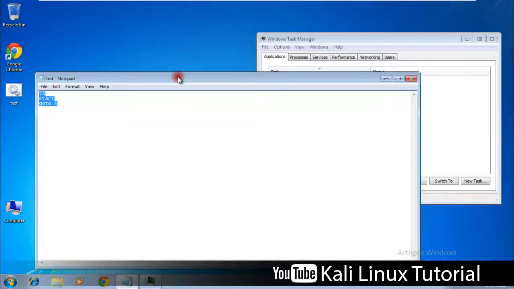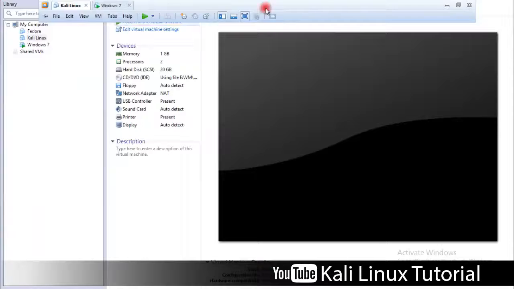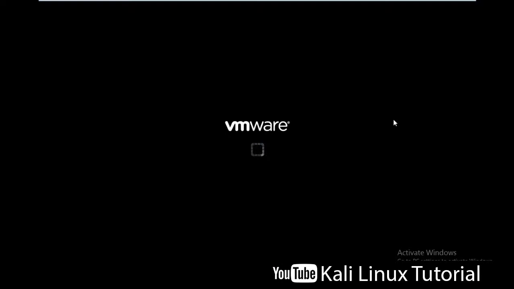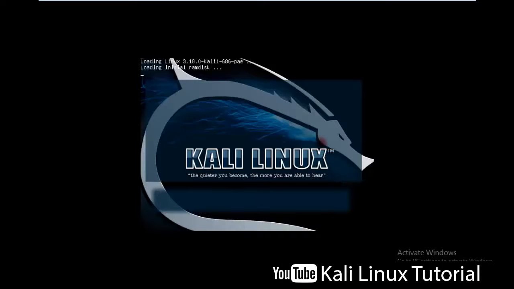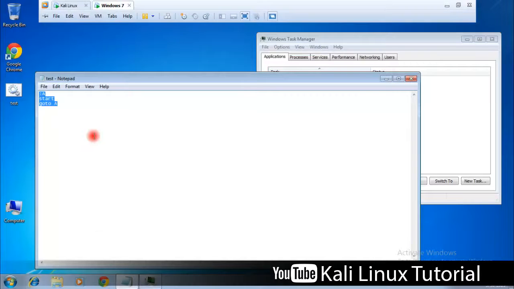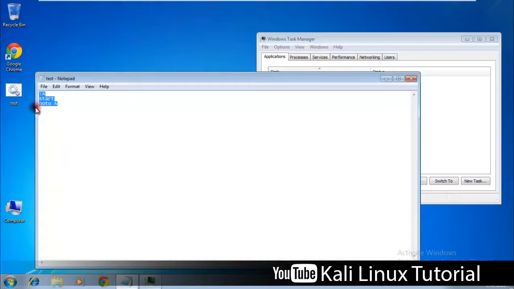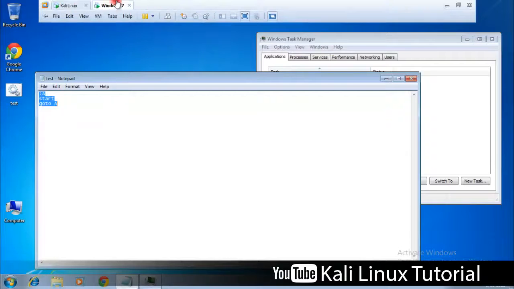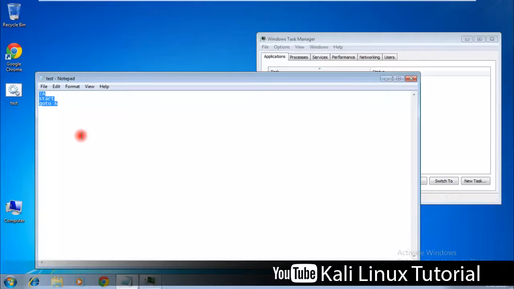This is not actually DOSing your computer in a professional manner, but this is how you can do it if you don't have any time. This is the noobiest way that a person can do it. Let's say, for example, you already have an interpreter prompt with you. I'll start my Kali Linux at the same time. If you have access to the computer's machine, then you can open the command prompt, or you can simply transfer the batch file from your Linux computer to Windows 7 over here and start the batch file.